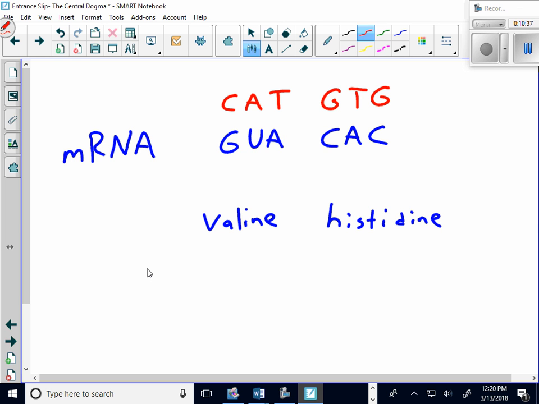So it's important to know whether I have DNA or whether I have RNA. How can you tell? Yeah, look for the U's and the T's, right? If there's T's in there, it's DNA. If there's U's in there, it's uracil, it's RNA, right? Are we there? We okay with that? Okay.